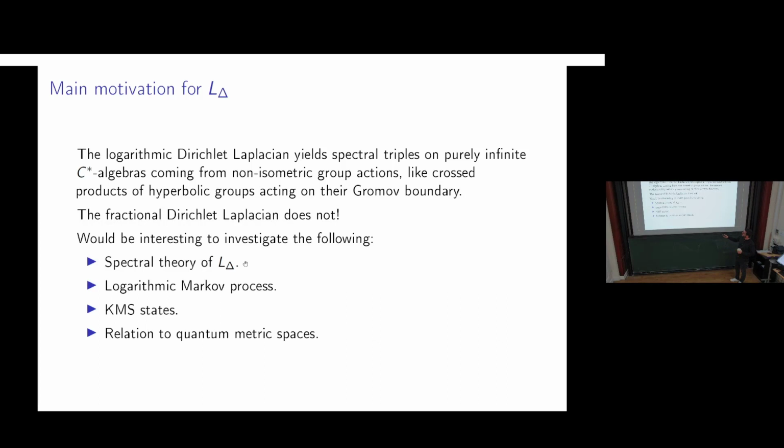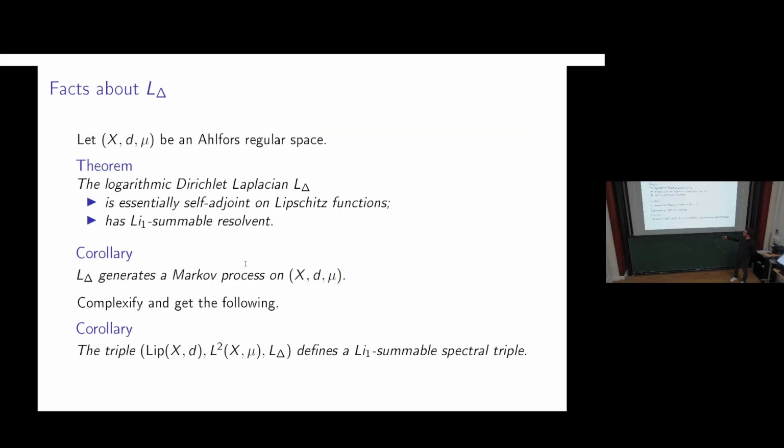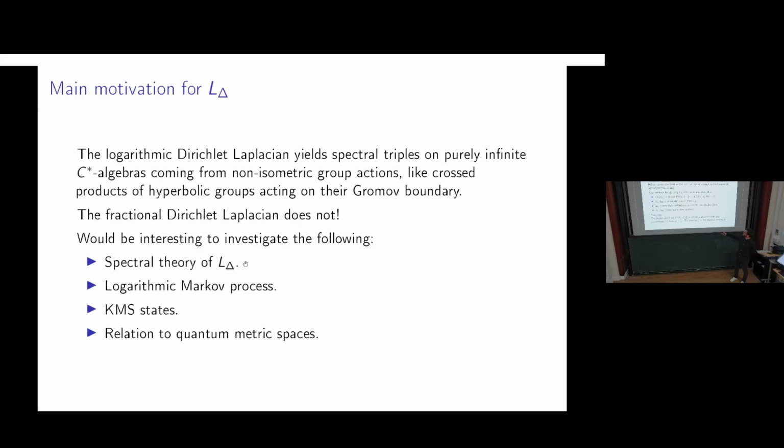So it would be interesting to study spectral theory on this Dirichlet Laplacian and the Markov process it generates. Goffeng, Rennie, and Usachev have a theory on how to construct KMS states from Lie-1 summable spectral triples. So that would be interesting, to use these Lie-1 summable spectral triples over cross products to study KMS states. And I don't know if there is any relation to quantum metric spaces. Maybe the non-locality creates difficulties there, but if you try to localize stuff,